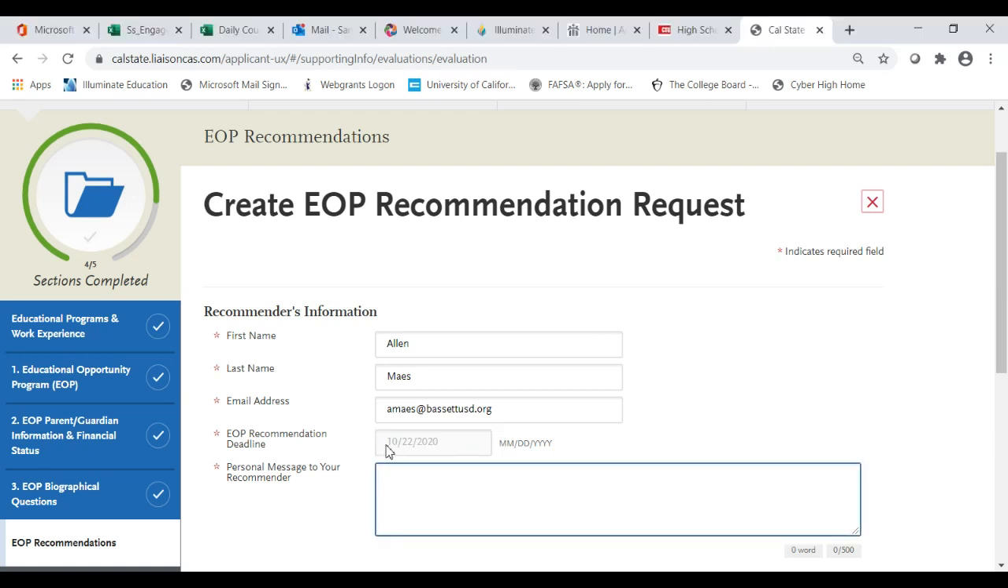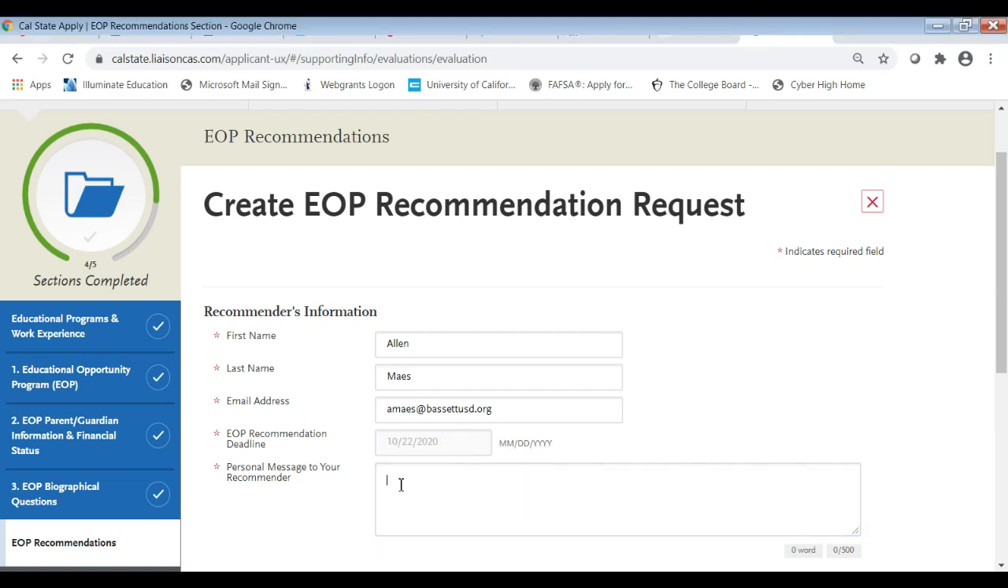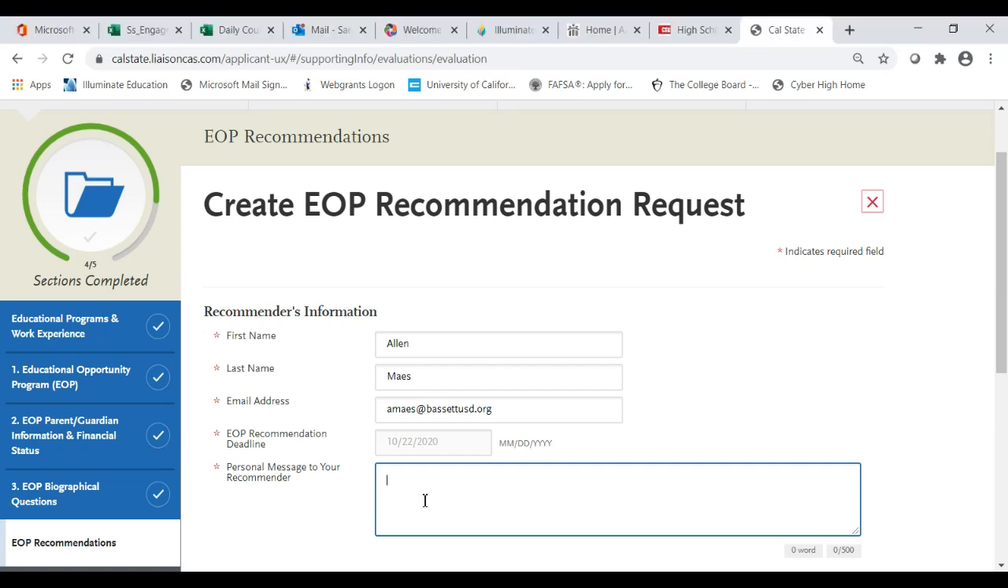But here, maybe because they already pre-dated it, October 22nd. It's the EOP recommendation deadline. Maybe that's why it doesn't allow me to change it. So if it doesn't allow you to change it, then just leave it alone. But in your message, you could say something like, thank you, Mr. Myers,